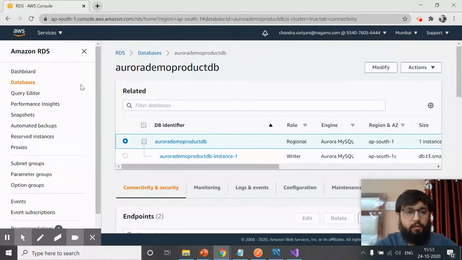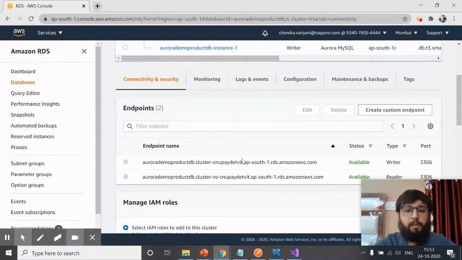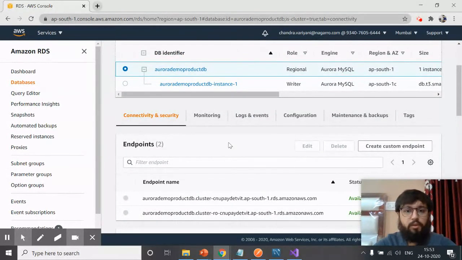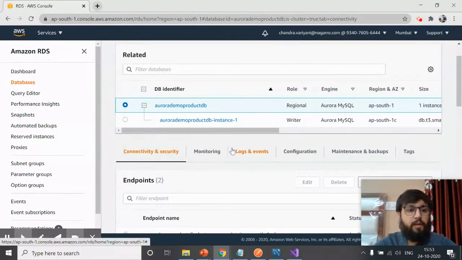But that's not enough. Later, there are so many things which we will be covering, like the snapshot part. We'll modify this. We'll see how backtracking will work. Interesting one. We'll create the policies, how the policies work, we'll create the reader replicas, and we'll see how the load balancing is going to work. So there are lots of stuff. I will continue in the further parts. As of now, that's all.